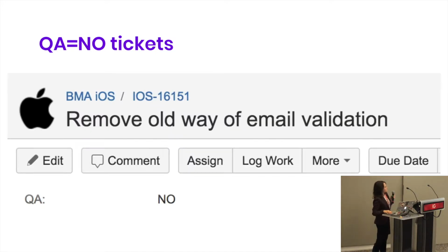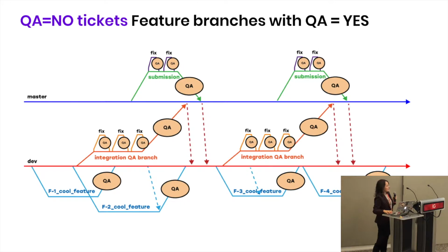So, this is an example, and this is the one I like. You see many QA labels on that graph. They are there for a reason. We do tests in feature branch, in integration, and we also perform release checks. So with normal QA yes flow, we would test all that. But with QA no,